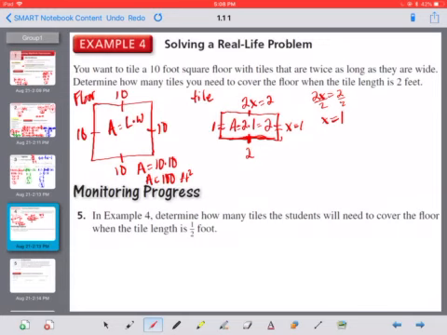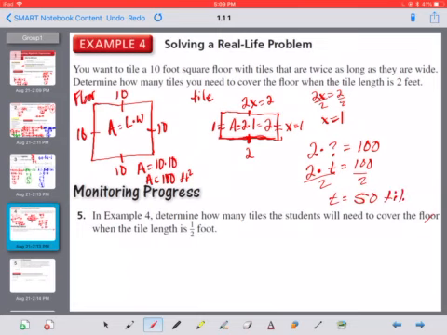So if the area of the tile is 2 square feet, and we need to get it to 100 square feet, 2 square feet times how many tiles is going to equal 100 square feet. Okay, well that's 2 times... Let's see, we don't want to use x this time. I'm going to use t for tile. 2 times the number of tiles equals 100. Divide by the 2. The number of tiles is 50. If we had 50 tiles, 2 feet by 1 foot, we could cover the 100 square foot floor, or the 10 foot square floor,